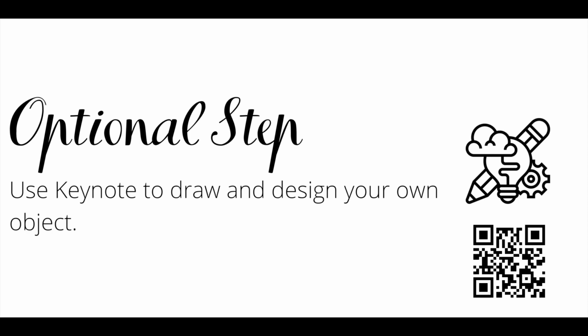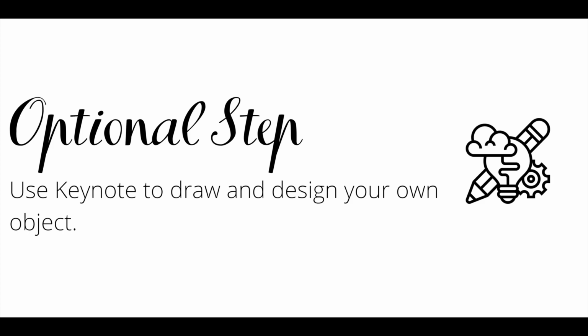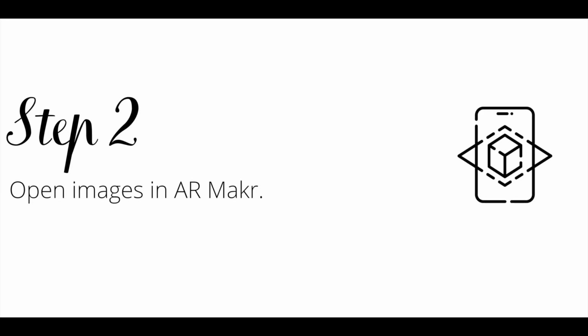So feel free to follow the QR code that's on the screen just now, and that'll take you to an extension video that'll show you exactly how to do that. If you're happy just taking the images from the internet, then you can skip this optional stage and move on to step 2. So now we have our images or objects, we're now going to open the AR Maker app